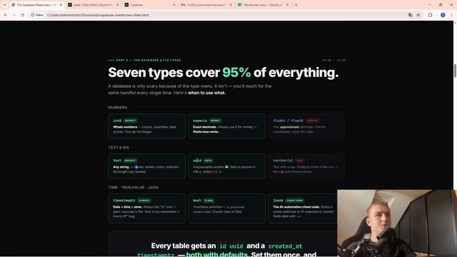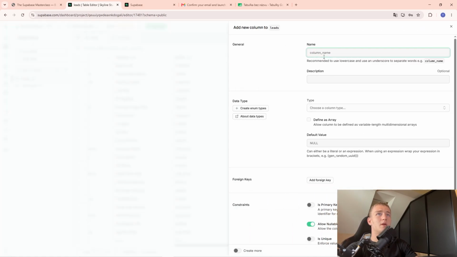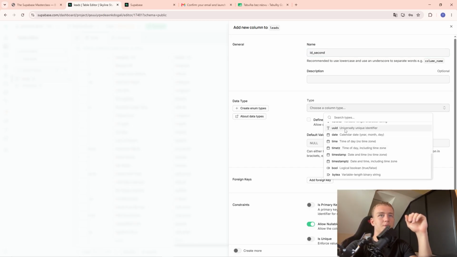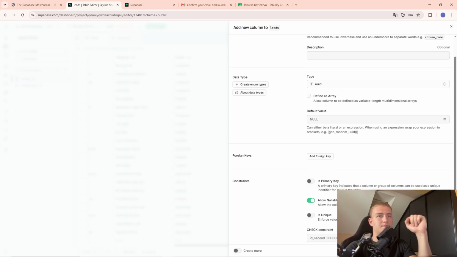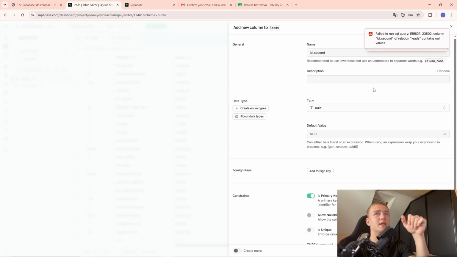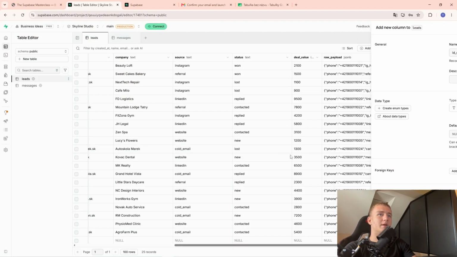And then UUID. This again can be used for IDs and for primary keys. So if I were to add another new column and we would call it ID second, so our second ID, now choose the type. I would do UUID, and now let's use it as primary key. Default, we don't have any default, but it should be unique. Let's save it up. This will probably not create any. Yes, that will not create any, which is troubling, but I can just show it to you by